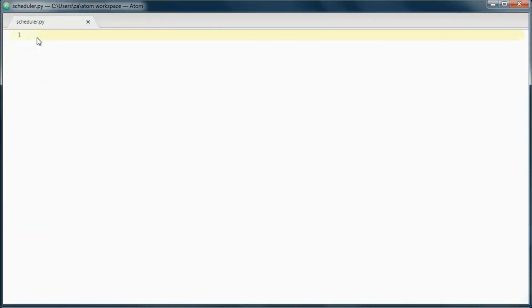Now the domain of this application will be made up of a workshop, and this class representing a speaker at the workshop, and this one will represent a room where the workshop can be scheduled.